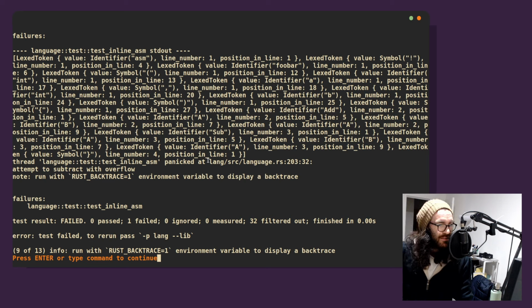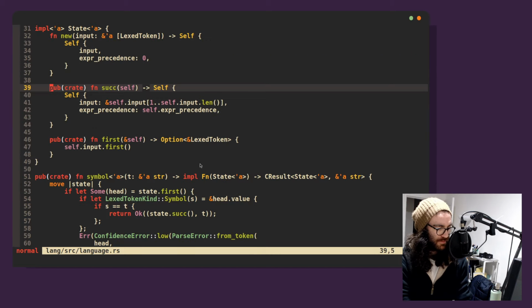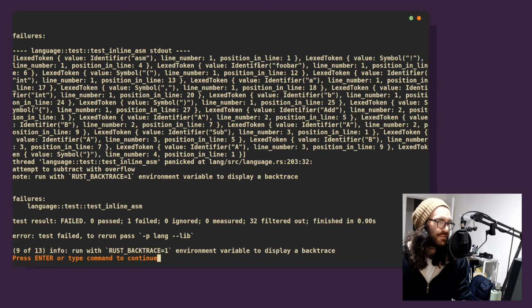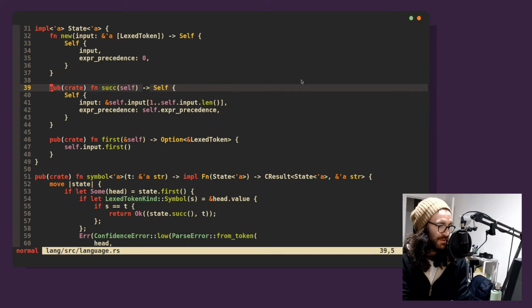Does that mean that I did my subtraction in the wrong order? Because these do increase monotonically. Line 1, line 1, line 1, line 2, line 3, line 3, line 4. Oh, hold on, it's the other one, right? It's the position in line: 1, 4, 6, 12. Okay, so